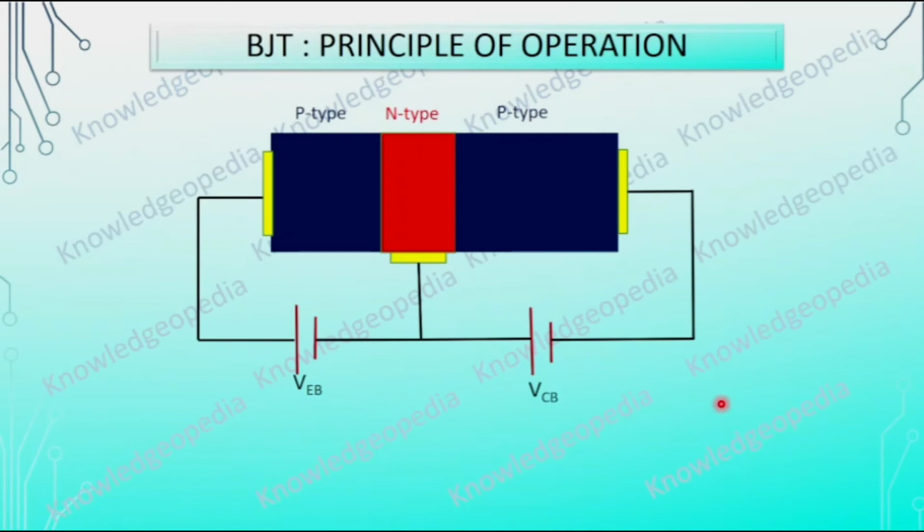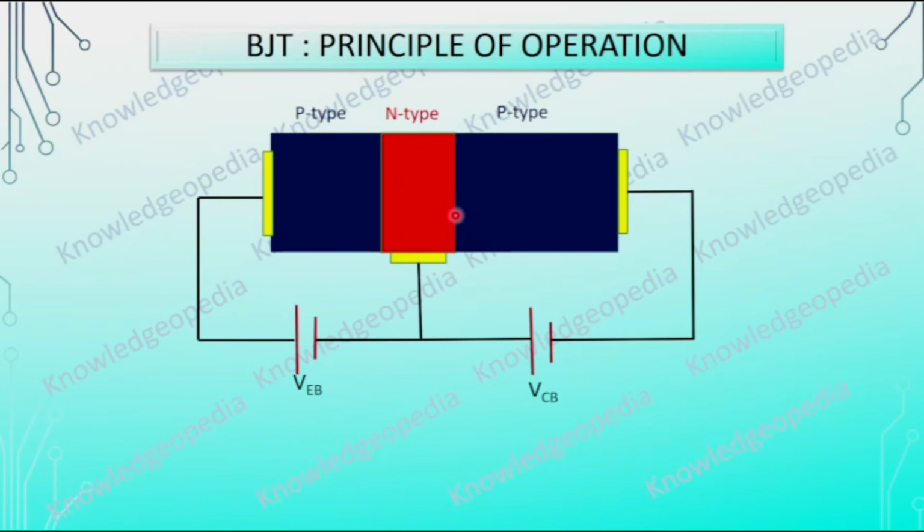Now we will see the operation of a PNP transistor in brief, because the process is almost the same as NPN, with a slight variation. So we will just discuss it in brief. Here this is a PNP transistor: the emitter side is P type, this is the base which is N type, and the collector is again P type. This is the voltage applied to the emitter base junction, and